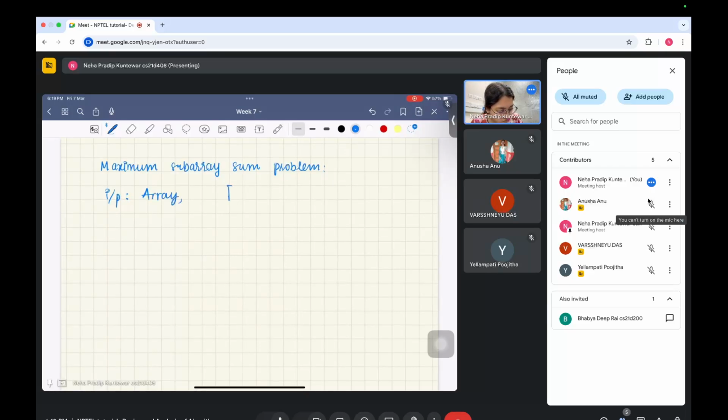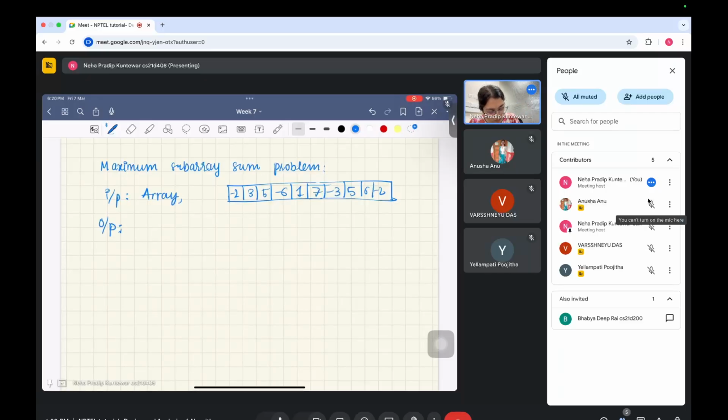So let me just give an example. Let's say you have -2, 3, 5, -6, 1. Okay, then you have, let's say, 7, -3, 5, 6, -2. Let's say this is the array that is given to you, and what you want to find is